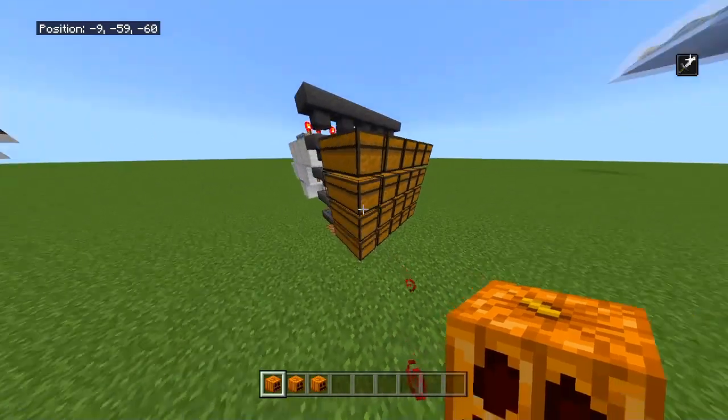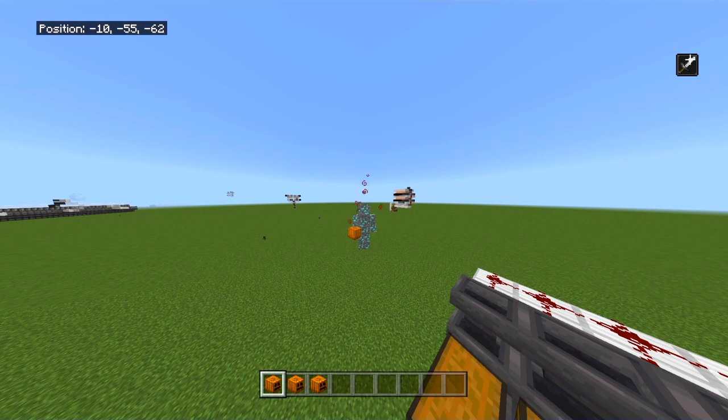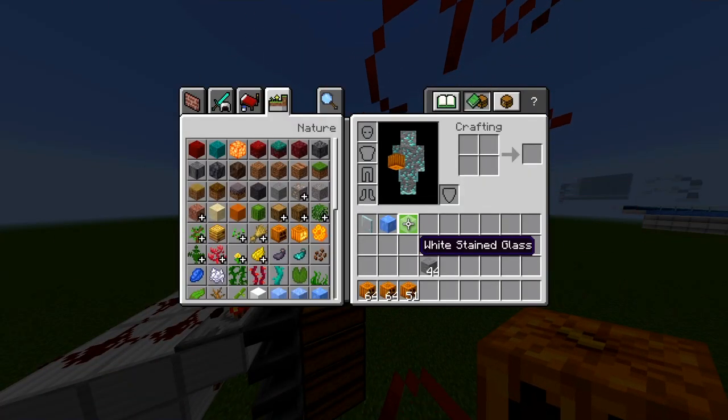Okay, right. Now that is literally how you build an item filter. So well done, you've already built an item filter. The next thing that we're going to want to do